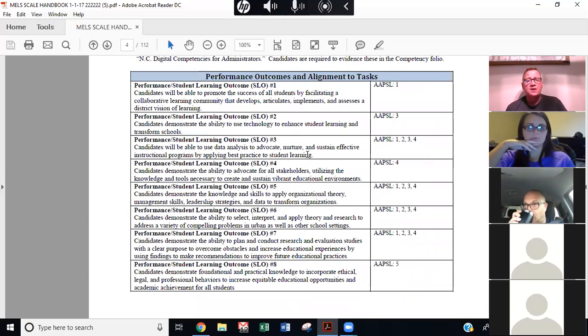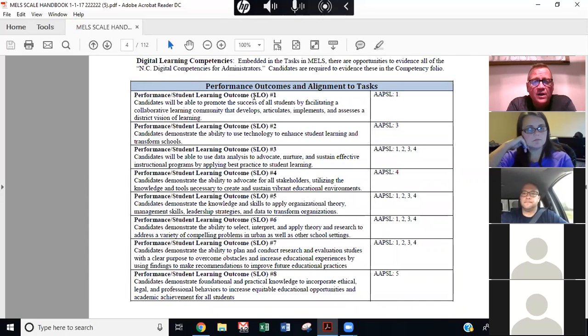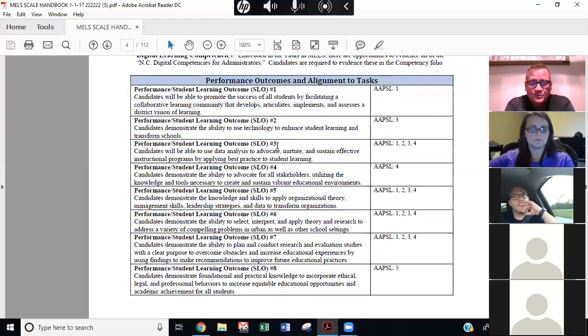Also, in each of the evidences, and by evidences I mean the APSL in this case, next semester it'll be the APTL, the semester after that it'll be OMA, there are student learning outcomes. So if you ever see the acronym SLO, as indicated right here, this is where that's coming from, and you'll find that at the beginning of each evidence. So these are the learning outcomes that by the end of the semester you will have demonstrated, or you will have presented learning in these areas right here.